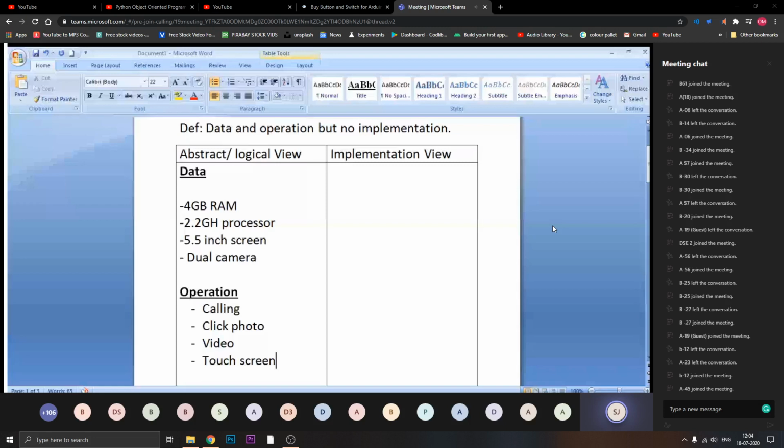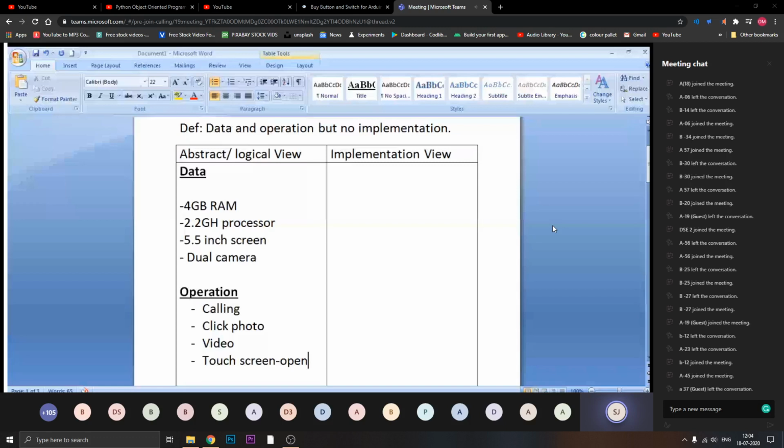If I click on the message symbol, it should open the messaging application. That is what I want to say about the touch screen. So these are some basic operations.